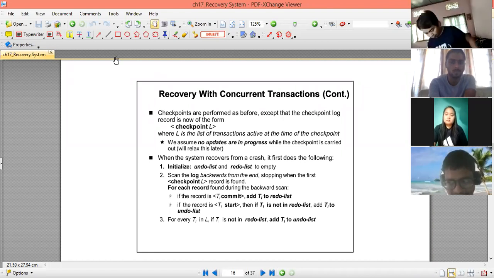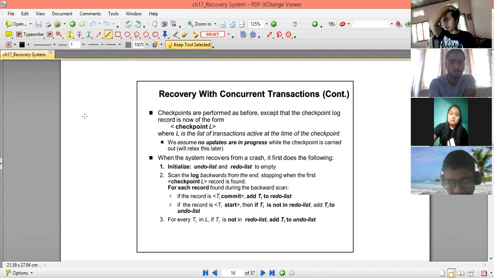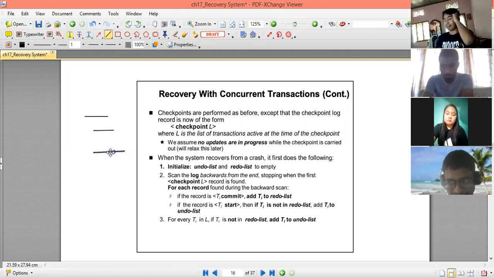Suppose I'm just trying to draw one figure, and you can understand from there. Suppose these are my active transactions at this moment, and let's say this is a timeline.